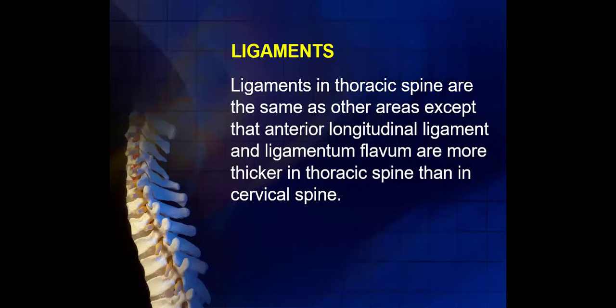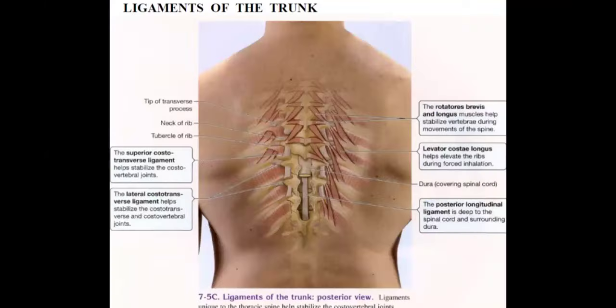The ligaments of the thoracic spine are the same as in the other regions, except that the anterior longitudinal ligament and ligamentum flavum are thicker in the thoracic spine than in the cervical spine. These are the superior costotransverse ligament and the lateral costotransverse ligament. These are specific to the thoracic spine because there is no such rib attachment in the lumbar region and in